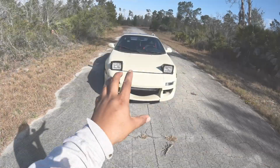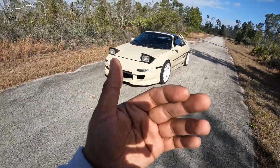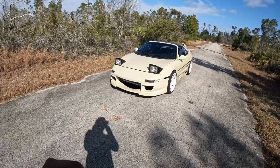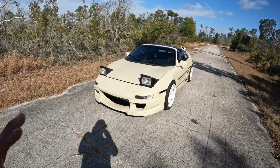We are giving away my MR2, and today is episode 2 of transforming the MR2. Today's mission is to replace this bumper and make this car look even better. This is an aftermarket bumper from KBD. If you guys don't know, finding an OEM bumper for these cars is so hard. I bought one, it cost me $800, and today's mission is to get the bumper ready for paint as well